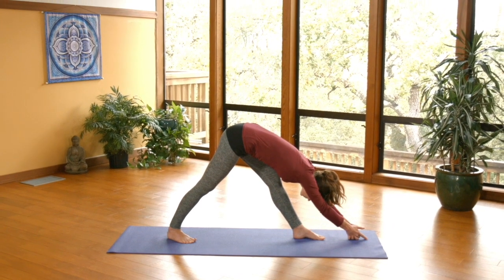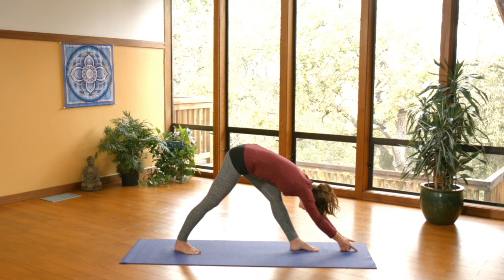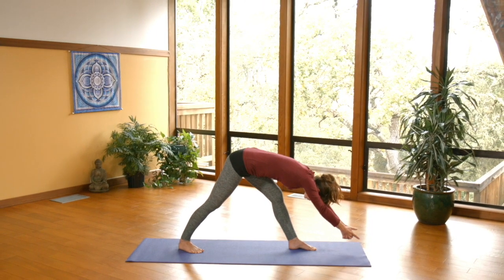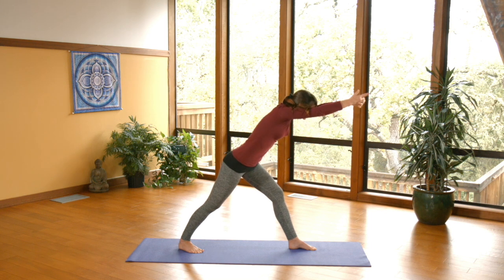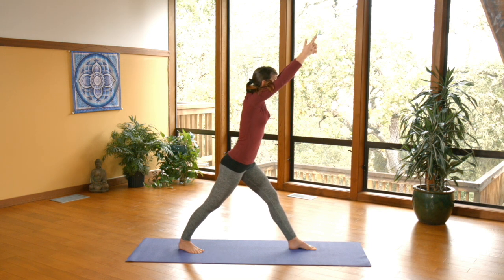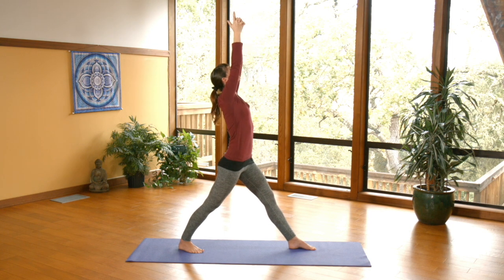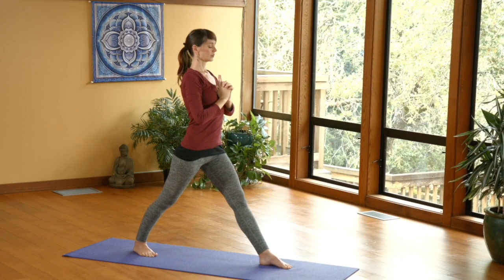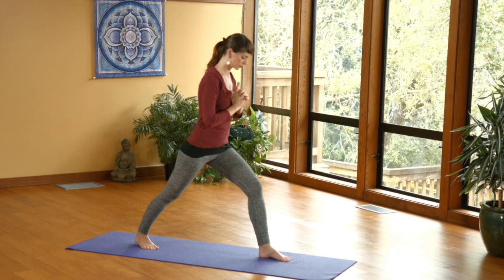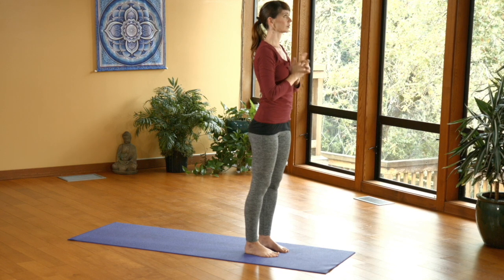When you're ready to come up out of the pose, take a breath in and lift your head. Anchor down into both legs. And begin to lift your body, keeping your gaze fixed on your fingertips. And bring your hands down the core to the heart chakra. Step forward with your right leg, back into standing pose,